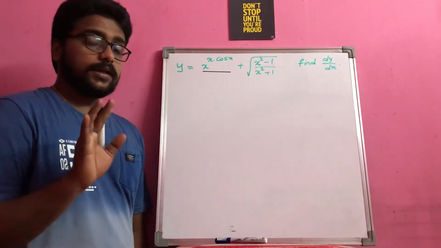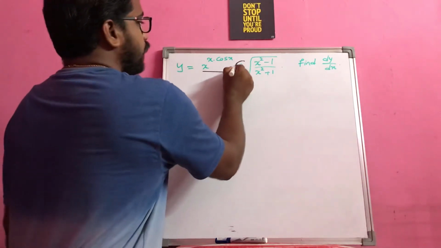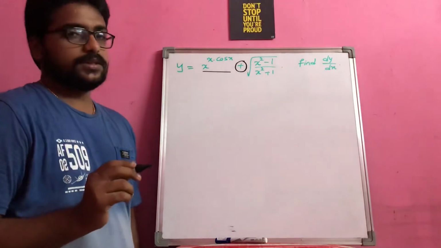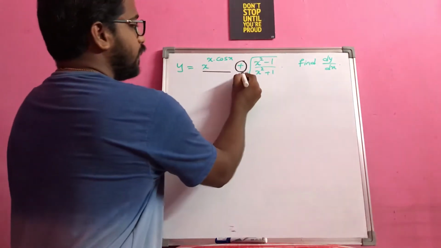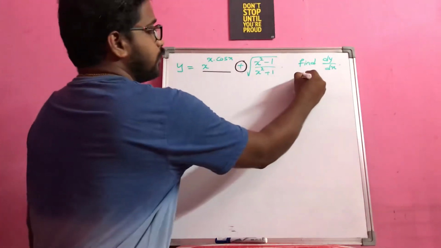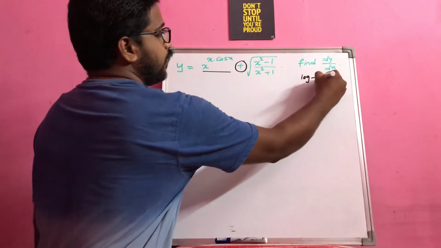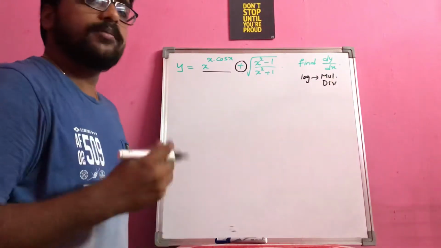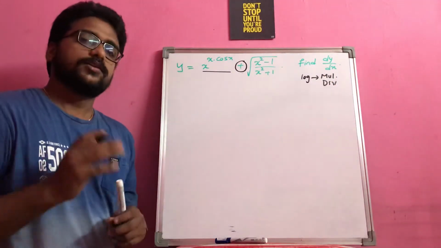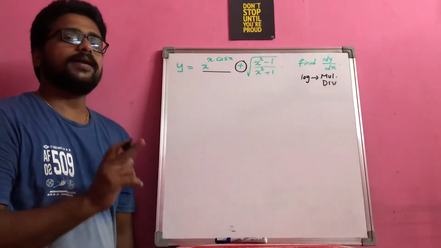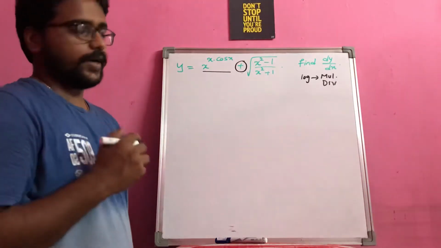But the thing here is you have an addition symbol here, and the point you have to notice is whenever you are having addition we cannot apply the logarithm, because logarithm properties will be applicable only for multiplication and division. It won't be applicable for addition and subtraction. So immediately you cannot go ahead with applying logarithm. So what you have to do?